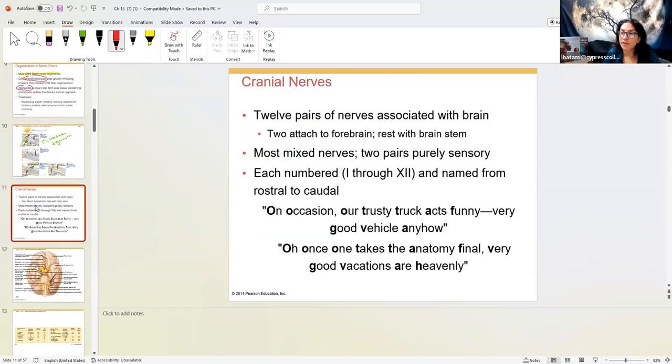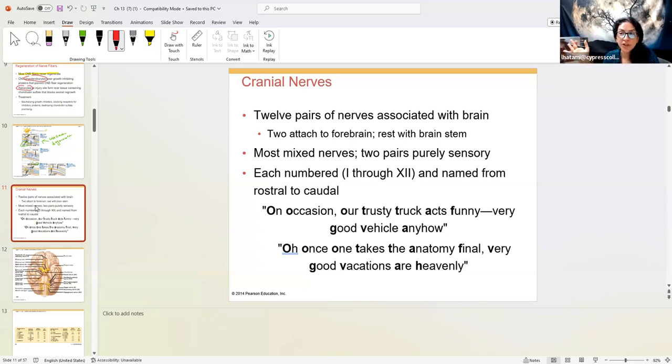Now that you know the structure of the nerves, let's go over the nerves we have in our body. We can divide the nerves in our body into the cranial nerves and the spinal nerves. Cranial nerves are related to the brain. The messages of the cranial nerves do not pass through the spinal cord. Spinal nerves are the nerves related to the spinal cord. So that's the reason they are named cranial nerve and spinal nerve. We have 12 pairs of cranial nerves,